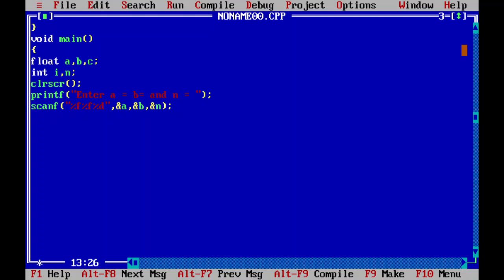Next we want to check the condition: if f(a) * f(b) is greater than 0, in that case the bisection method fails, so we display the message printf "bisection method fails", and else,